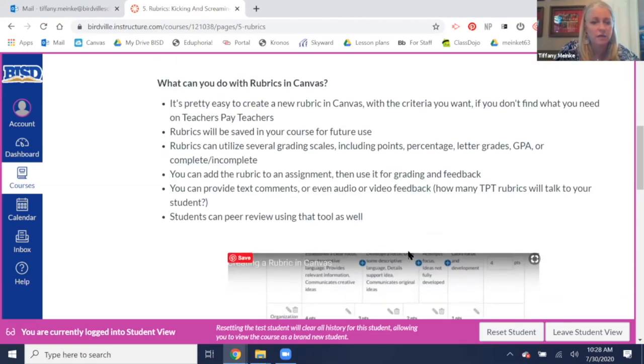You can provide text comments or, again, audio and video feedback. So really, teacher-paid rubrics will talk to your kids. And you can peer review using that tool as well. So when we do writing, the 12-stage